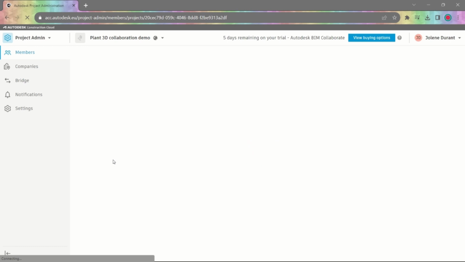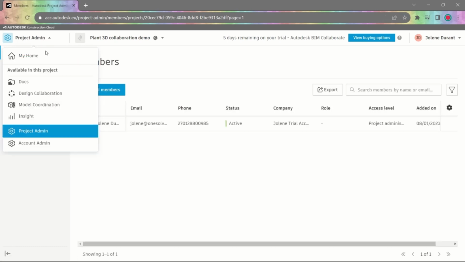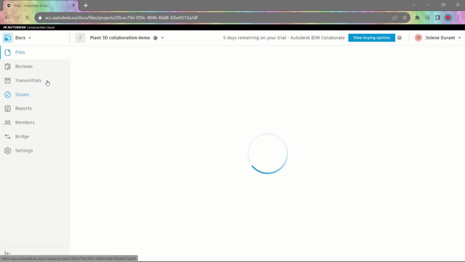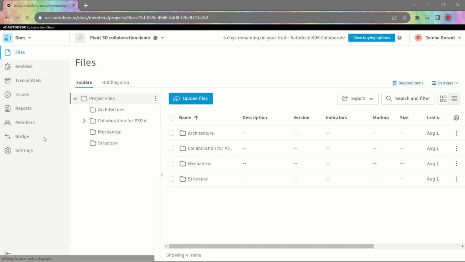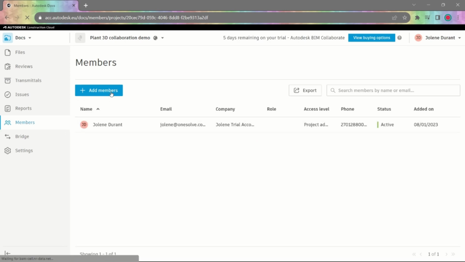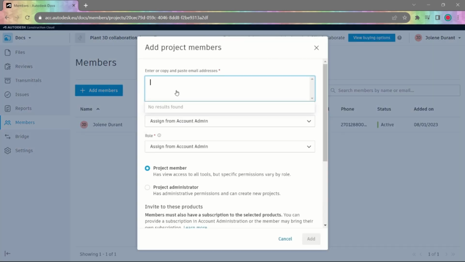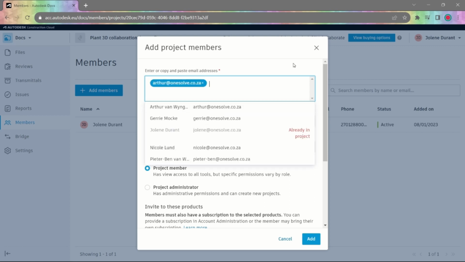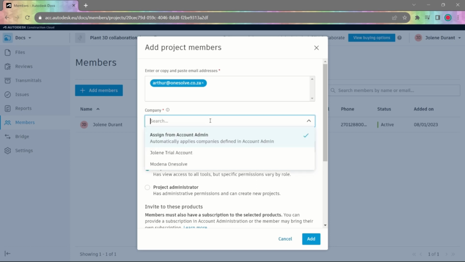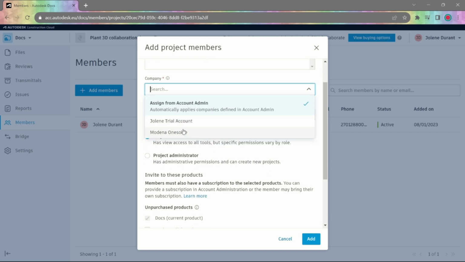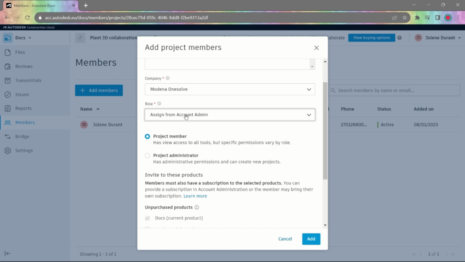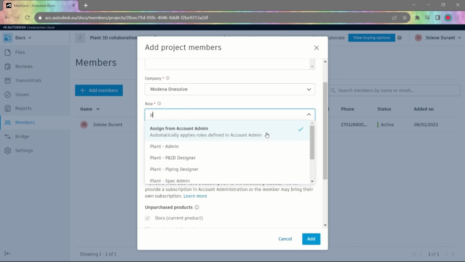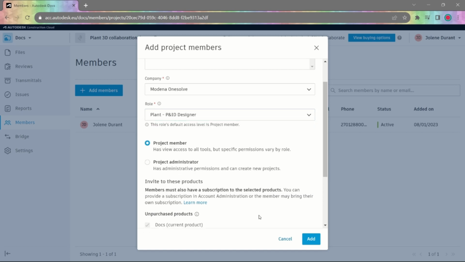So I got my project open. I'll go back to members. The docs page, members, and I can add my colleagues. So you'll type in the person's name or the email address, select from the drop-down list, assign them to the company, give them a role. So I'm going to use my prefix for my plant team and assign a role to